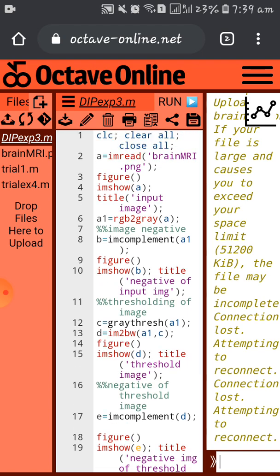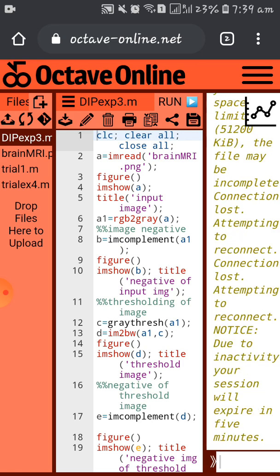One important thing to keep in mind is that while running code in Octave Online, you should always save the file. You can see a run option in the middle. Below that you can see the save icon. Click on that. Only then your code will be executed, or else you will always get the output as hello world, because by default it has the program to display hello world. So it will always run and execute the same.